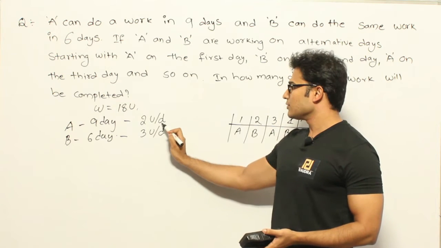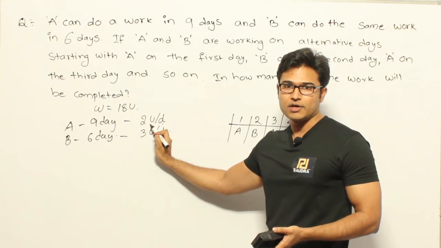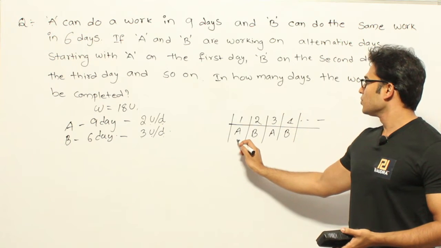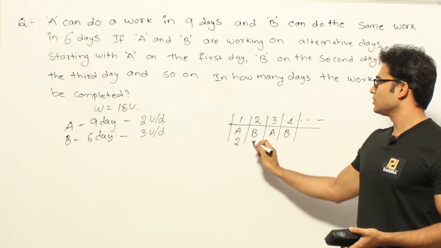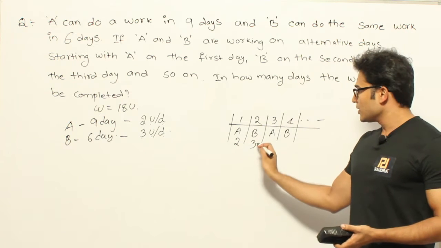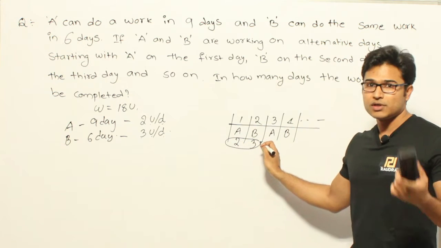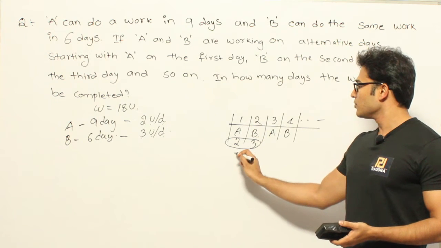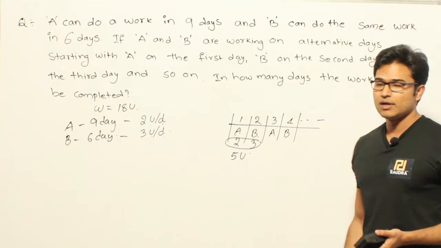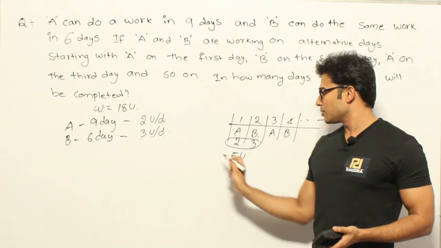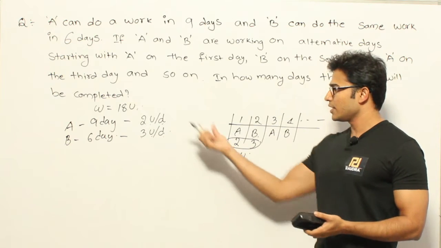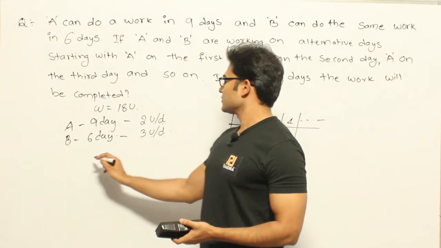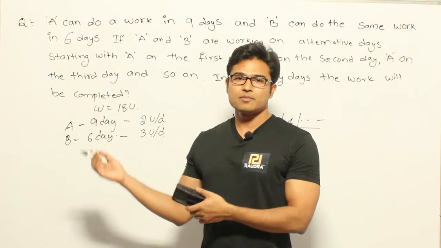So what does it mean? In one day A can do 2 units of work and in one day B can do 3 units of work, right? Therefore in one turn, according to our terminology, one day of A and one day of B, they will be able to finish 5 units of work. Again, 18 is not a multiple of 5, which means 5 does not divide 18 evenly. There will be some balance, a remainder.